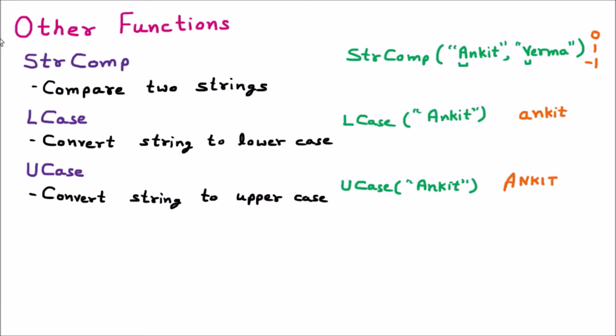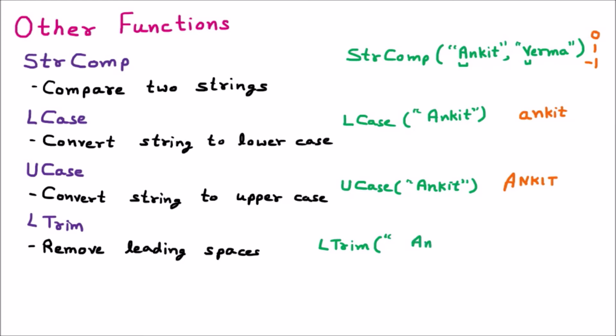The next function is ltrim. Ltrim means trimming from the left hand side. So we can say that it is going to remove the leading spaces. If we are writing ltrim, that means it is going to remove the leading spaces. Then in the bracket, we are giving certain space here. Now afterward, we are going to provide the name. Let us suppose Ankit here. Now again, we are providing certain space. Now closing the bracket. So it is going to remove the leading space.